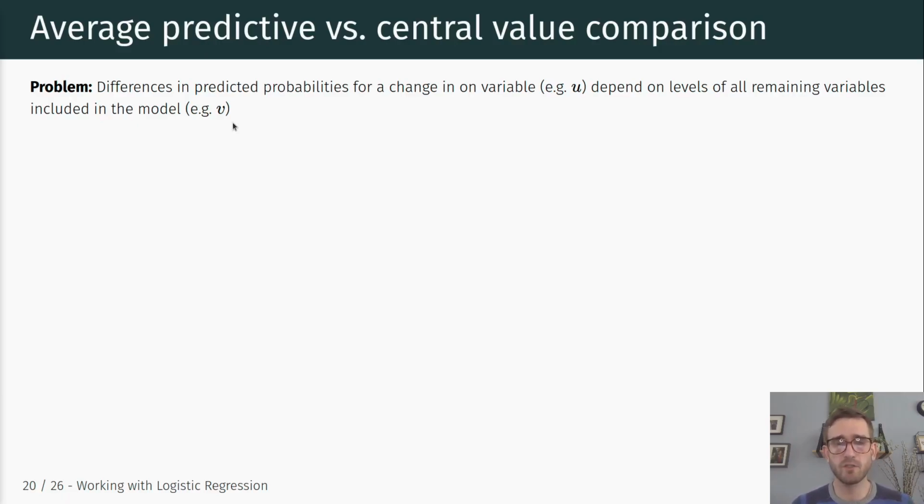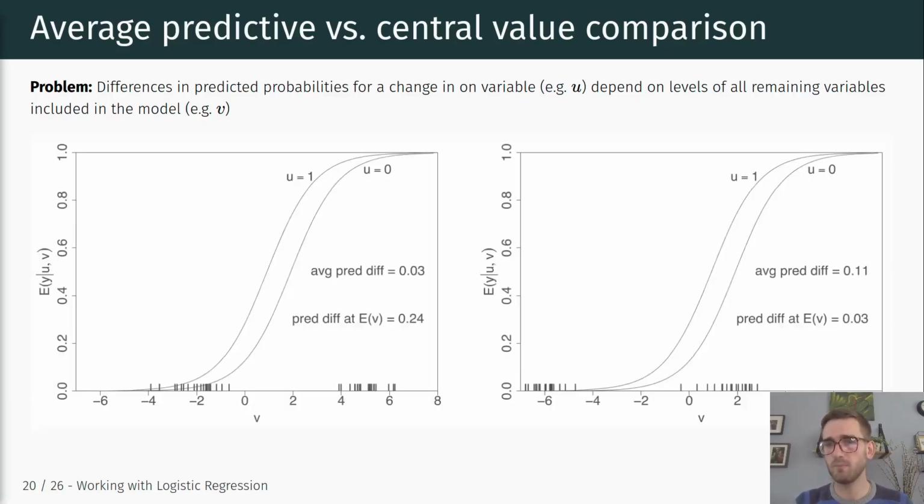So we can run into problems where we compute predicted probabilities or changes in predicted probabilities for scenarios that are not really representative of what we observed in the data, right? And to the extent that we want to communicate meaningful results, we have to think about alternatives to solve this issue. In the textbook, there is a nice visualization that illustrates this point.